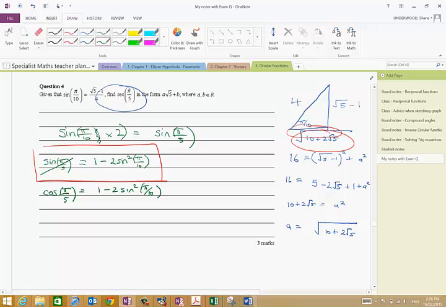Okay, good. Now, sine squared pi on 10 is,